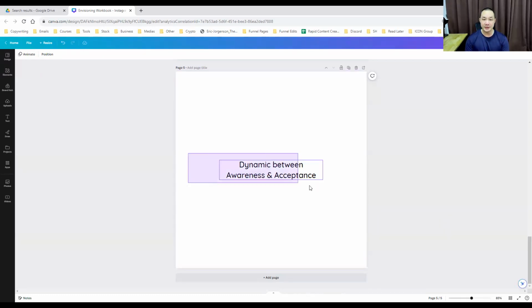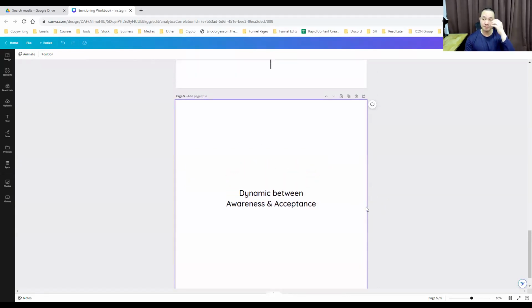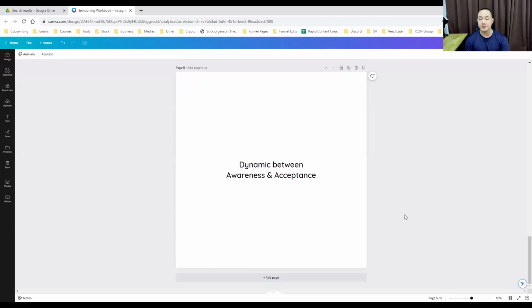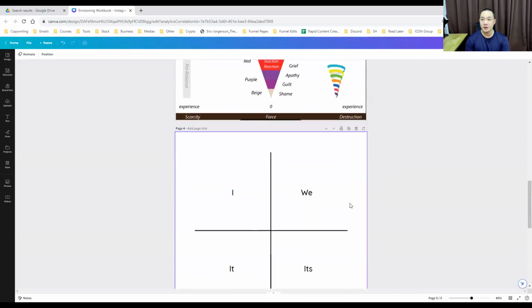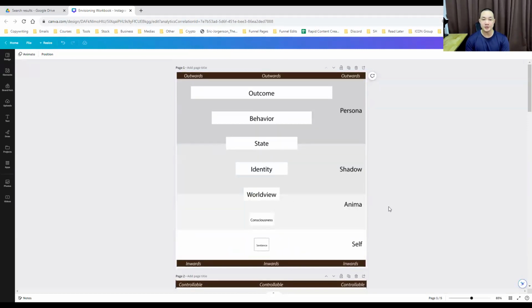So the dynamics between awareness and acceptance: a lot of times people who are suffering, they are suffering because their level of acceptance cannot keep up with their level of awareness. So they are made aware of things that are happening across the other side of the world, and they feel suffering because they cannot accept the reality of that. The more someone suffers, it tells me that the more they are unable to accept what they are seeing. So when it comes to worldview and consciousness, worldview, what is that? That is the awareness. The consciousness, there is the next step internally that they must do in order to accept